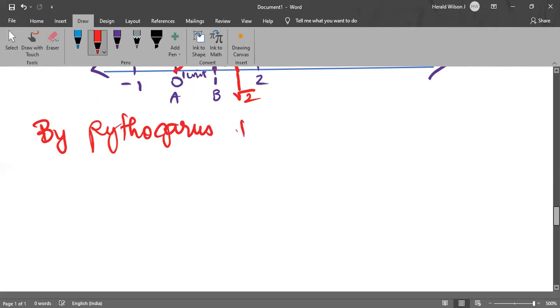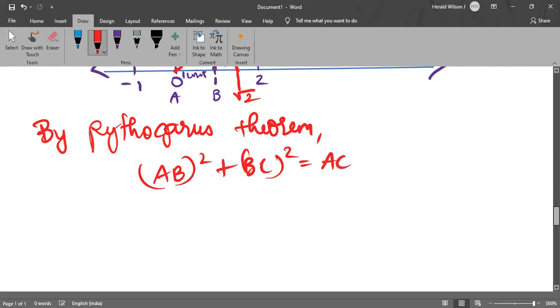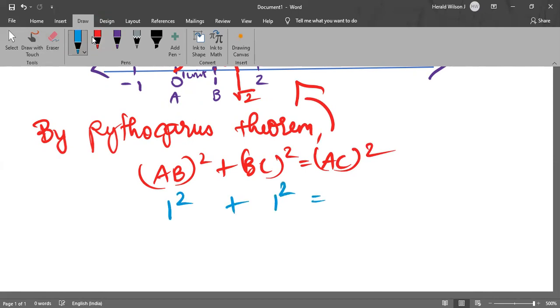Pythagoras theorem. So by Pythagoras theorem, AB square plus BC square is equal to AC square according to this figure. I am saying the units. So AB is 1 square plus BC is 1 square plus AC is root 2, the whole square. 1 square is nothing but 1, plus 1 square is again 1, which equals to